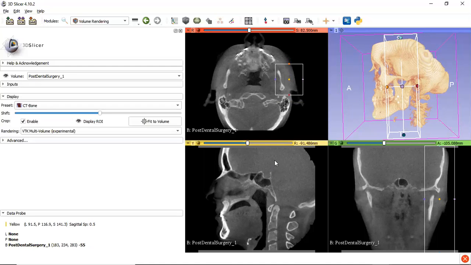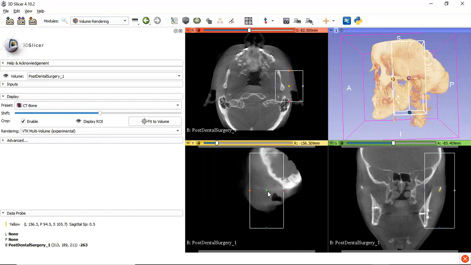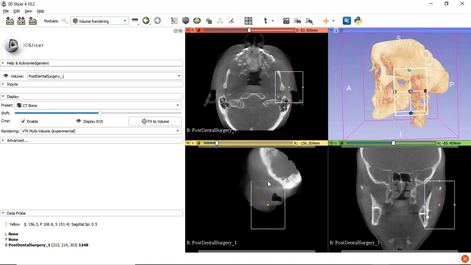And in the other view, that is a sagittal view, I'll also be doing this. As you can see over here, when I'm changing the region of interest in this view, it is also changing the 3D model.